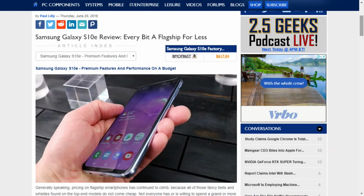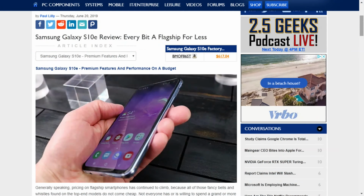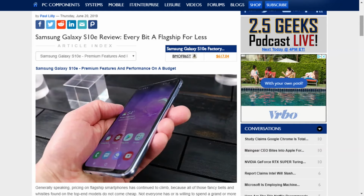a device from the good folks at Samsung that we sort of took our time coming out of the gate with. We started with the Samsung Galaxy S10 Plus, the big boy in the family, and we circled back to review the Samsung Galaxy S10e, every bit of flagship for less is what we say. And our good buddy Paul Lilly wrote this one up for us and put it through its paces. There it is right there in my midst when I was checking it out at the launch event in New